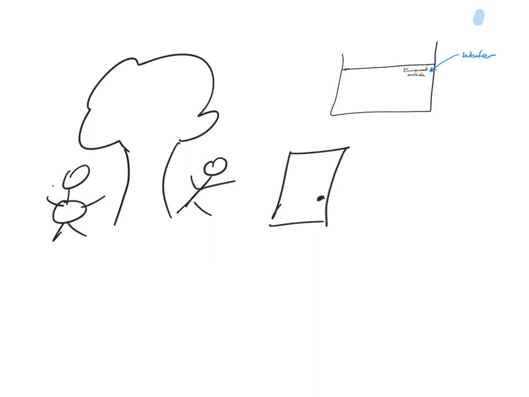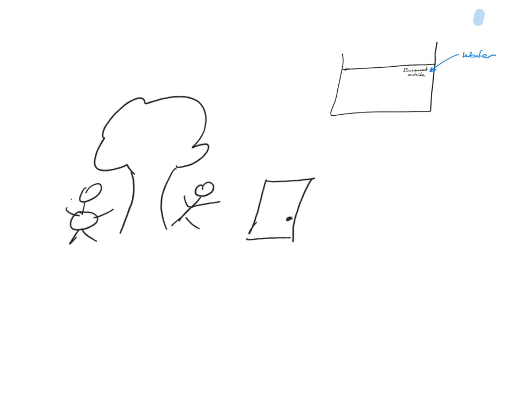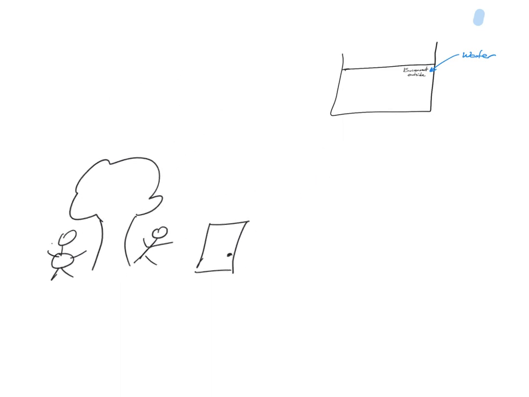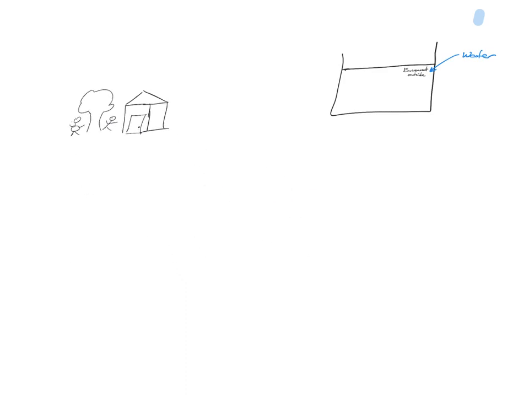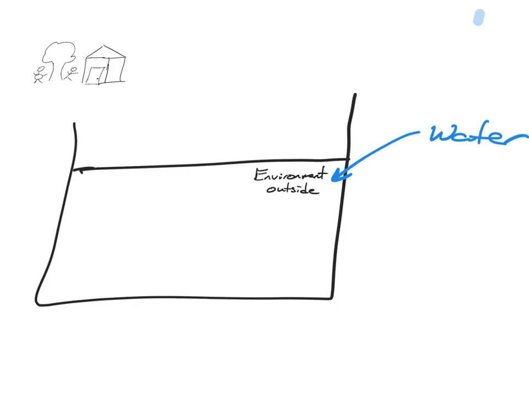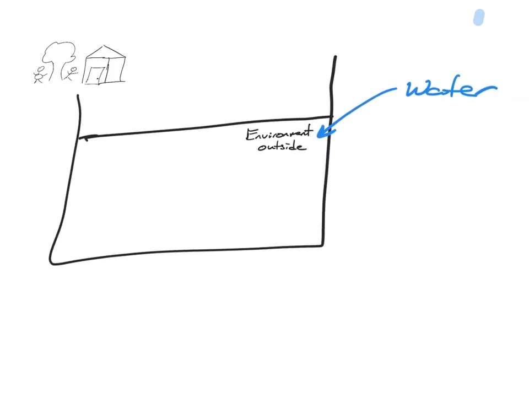I need a separator. I don't want to call them walls because I'm trying not to use the word walls, because it's a very specific word with cells. Something to close it in. So now if I close it in, I have an inside and an outside. But I have to have something to close it in. She said a cell membrane. That's right. Nice. So we need a cell membrane.